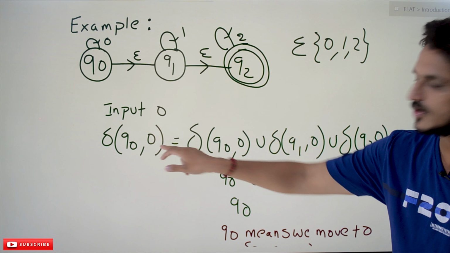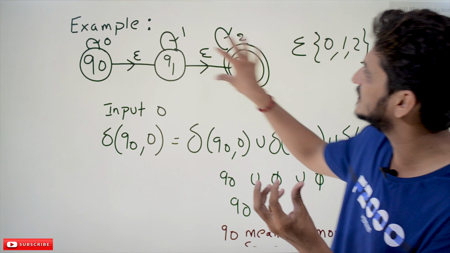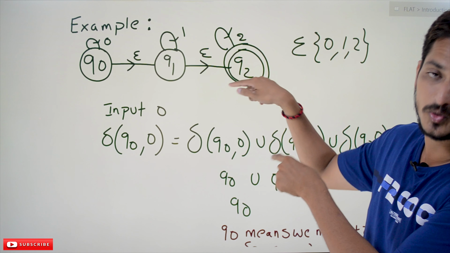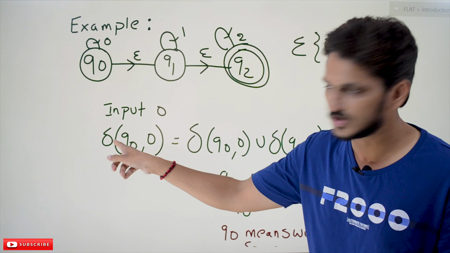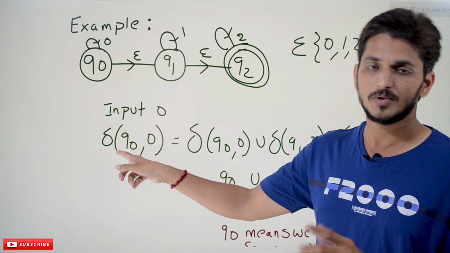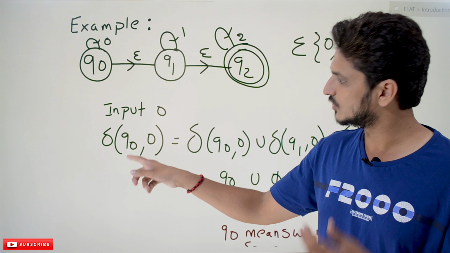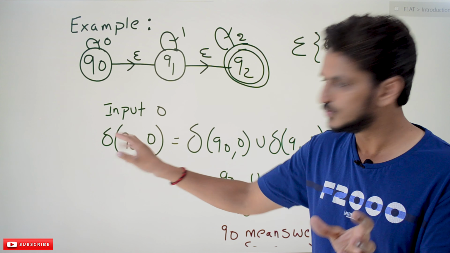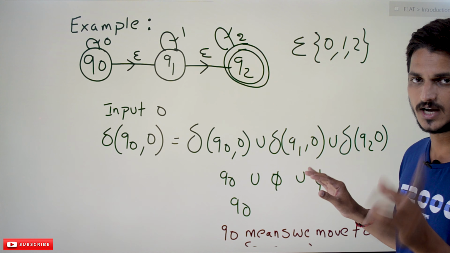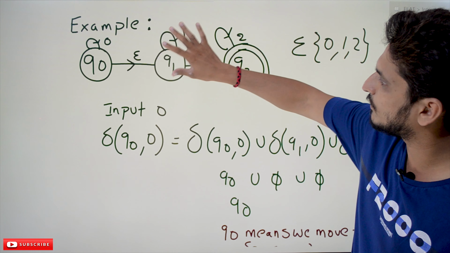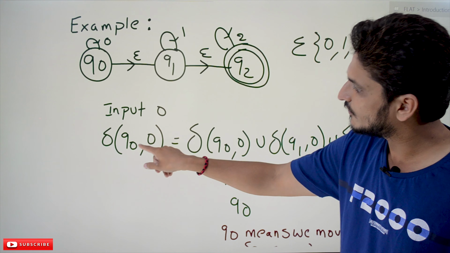The same thing written in transition format: delta of Q0 0. The symbol delta is used to mention the transition on our input diagram, meaning the NFA with epsilon moves diagram. We use delta because next we will use delta dash, which we have to identify. Delta dash is identified using the transitions of delta, so don't get confused between delta dash and delta. Delta is used to apply transitions on NFA with epsilon moves.